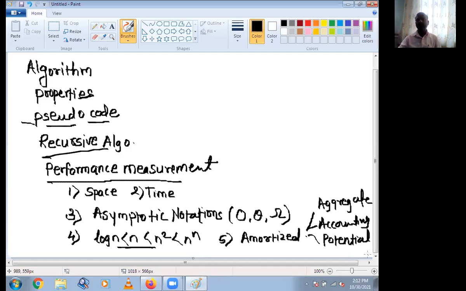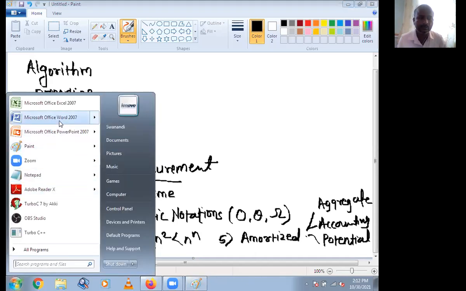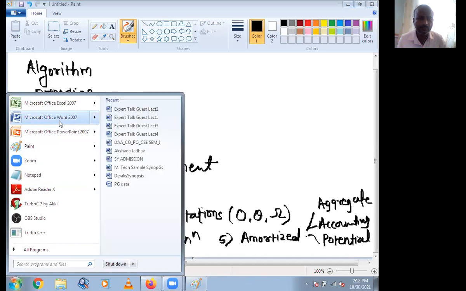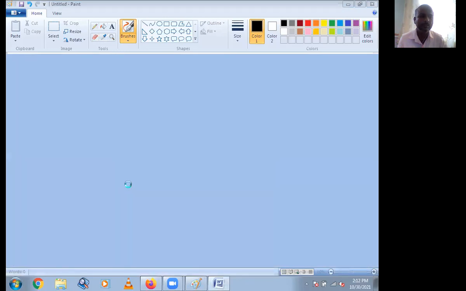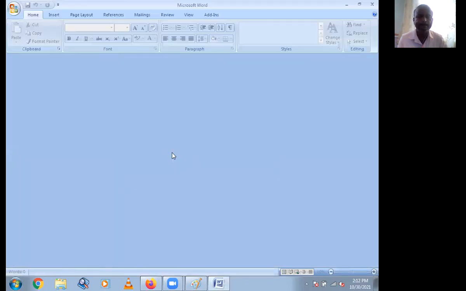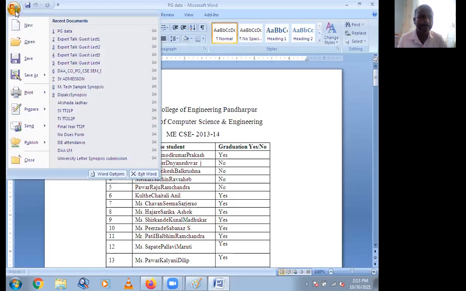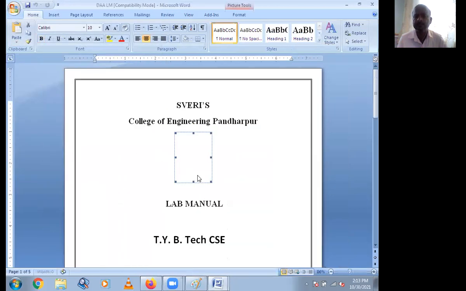Okay, we have completed the first chapter as well as two experiments. The first experiment is a study experiment, so start writing up the experiment.